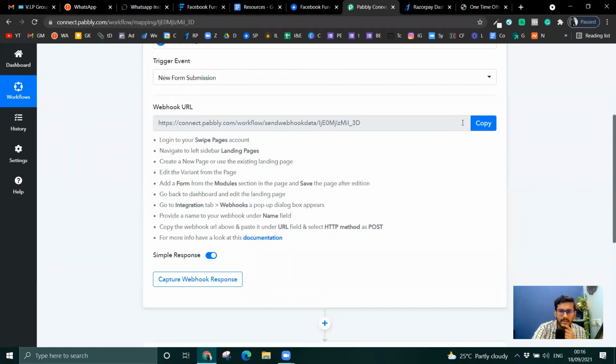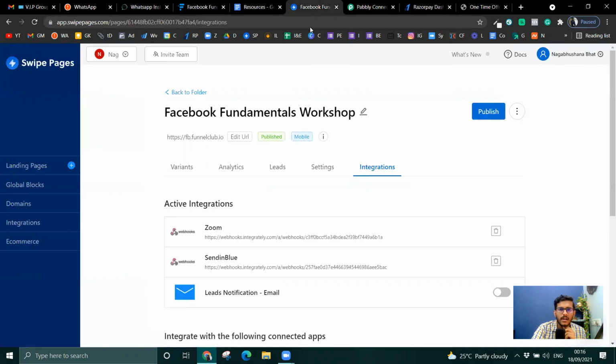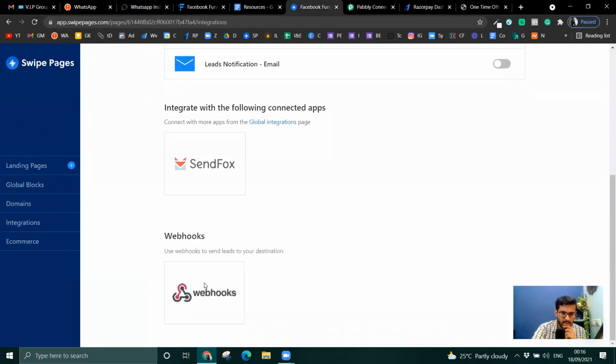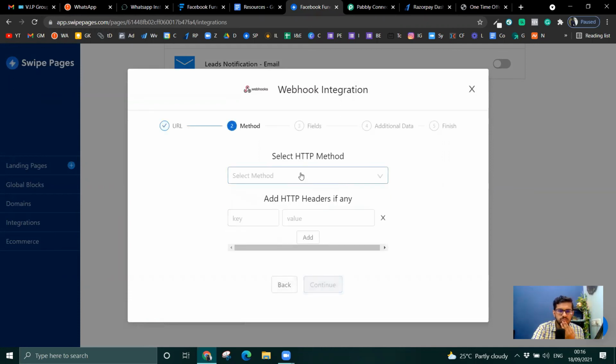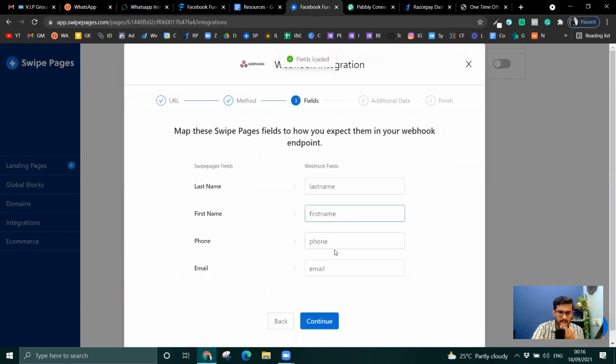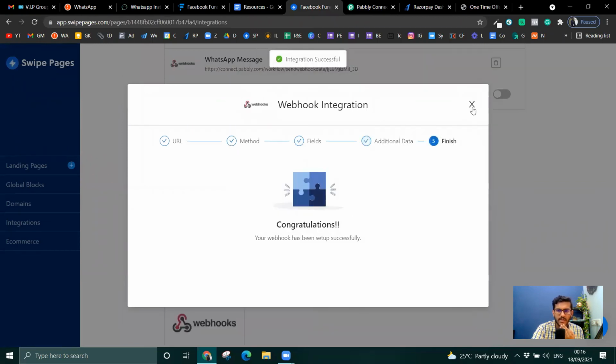Okay, they have the same process. The name field, POST HTTP method. Can I do the same thing with these guys as well? Webhook, say WhatsApp message, continue, post, last name, first name, phone number, email, continue, finish.